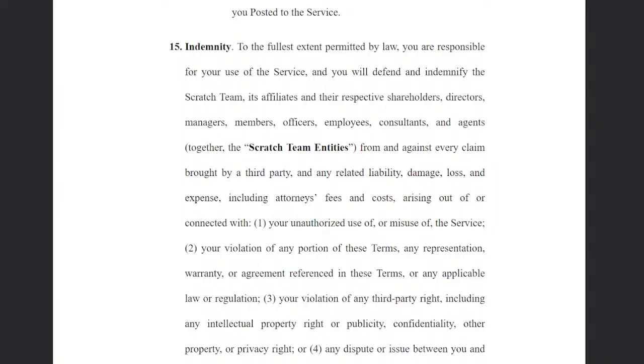Indemnity. To the fullest extent permitted by law, you are responsible for your use of the service, and you will defend and indemnify the Scratch team, its affiliates, and the respective shareholders, directors, managers, members, officers, employees, consultants, and agents, together the Scratch team entities, from and against every claim brought by a third party, and any related liability, damage, loss, and expense, including attorney's fees and costs arising out of or connected with